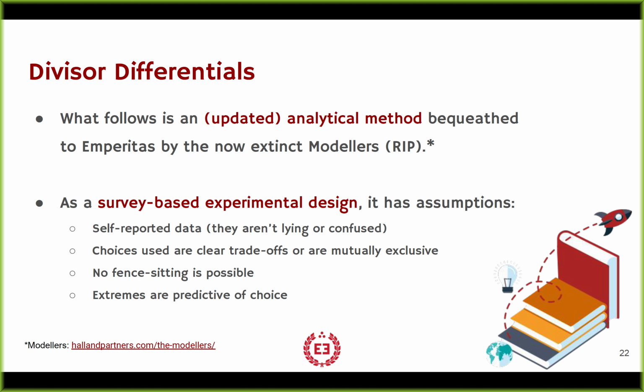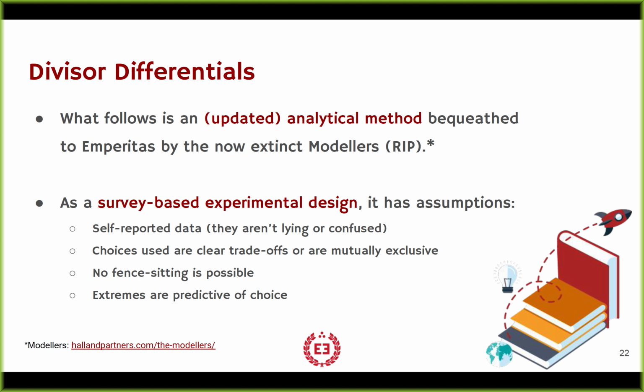They're not lying to you, or they're not confused. It could be that you didn't design your experiment clearly. You didn't explain it enough. They don't understand what's going on. They're not capable of answering you truthfully. So you have to assess both of those issues. Also, the choices that you present shouldn't be just random things. They need to be either totally mutually exclusive or very, very clear trade-offs. And the best way to understand this information is to get it from qualitative research, to do the customer conversations, and to figure out what are clear trade-offs from mutually exclusive things in their life.